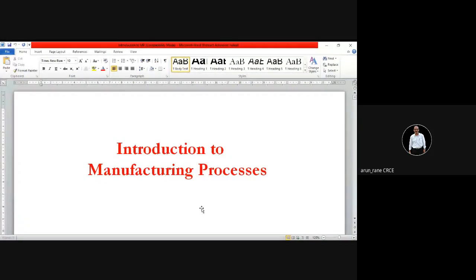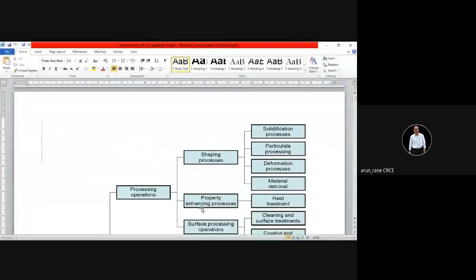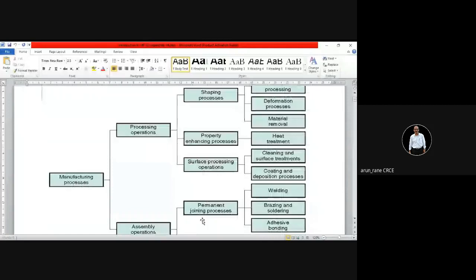What I'm going to do, because this is big, almost 84 slides are there, from the examination point I'm going to reduce it, maybe 10 to 12 slides. Slides that are important I will keep, and unwanted ones I will delete, then upload it. So this is self-explanatory. You can go through it, and in case of doubts, you can definitely ask.